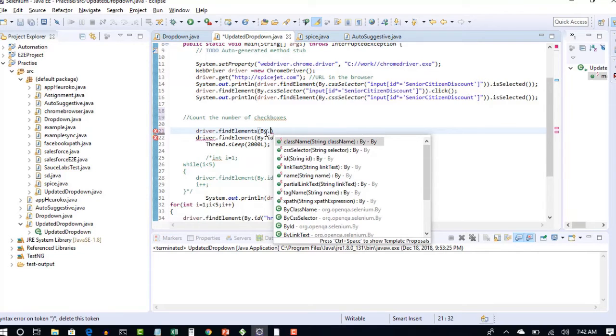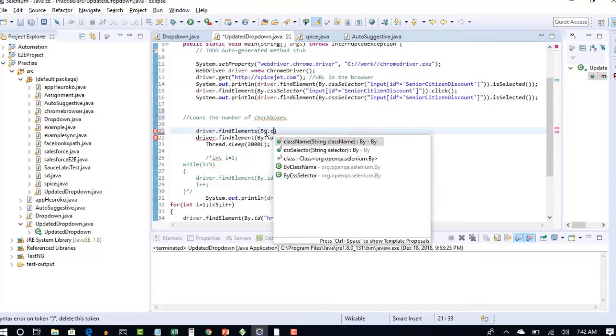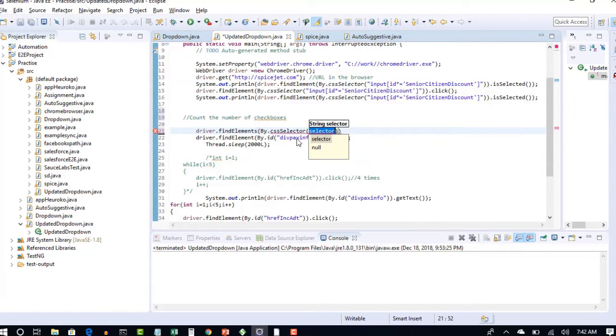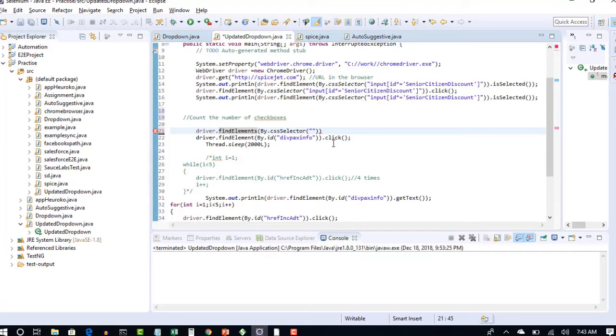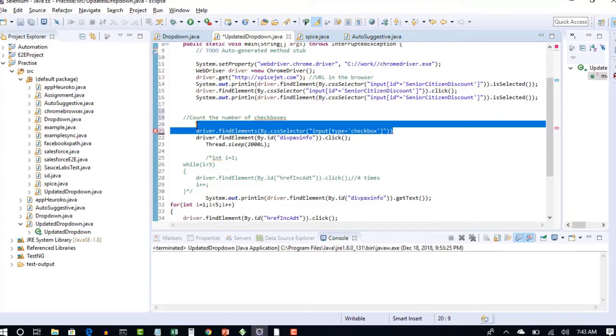I have clearly explained the usage of this when we were talking about the drop down concept. So basically I am asking to find all the elements with this CSS selector.